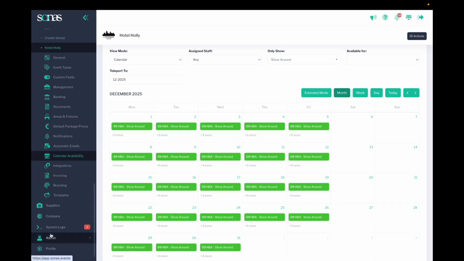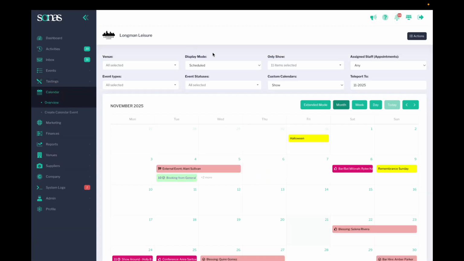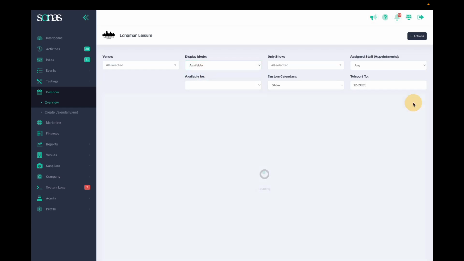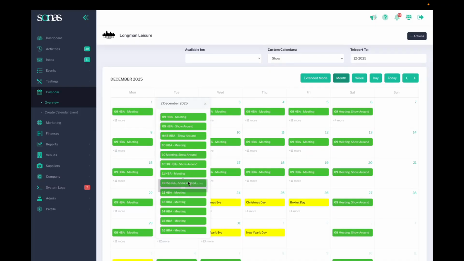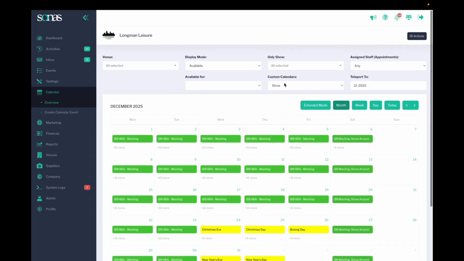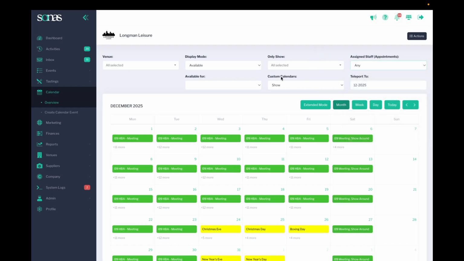You can also see your availability by going to calendar. And you have display mode here scheduled, but we can show available. And if I go to December, I can see all of the available times of show rounds and meetings for myself. You can also just drill down to yourself or other team members. And you can also just look at certain appointment types here. So there's a couple different ways you can see where you're at, what you have available. And keeping up on that availability,